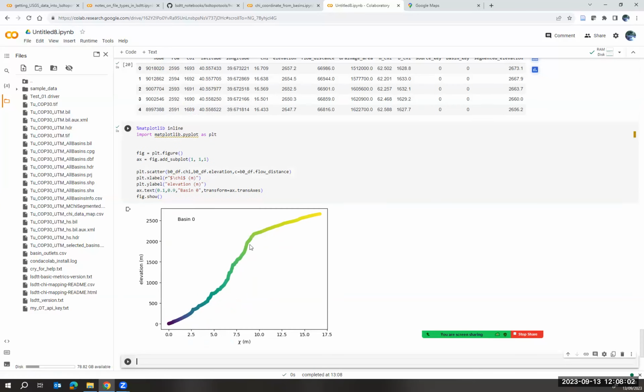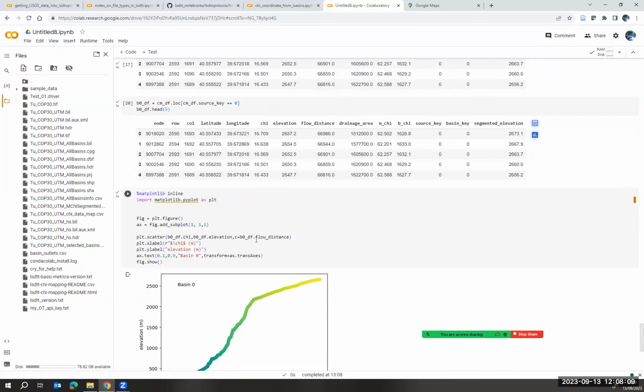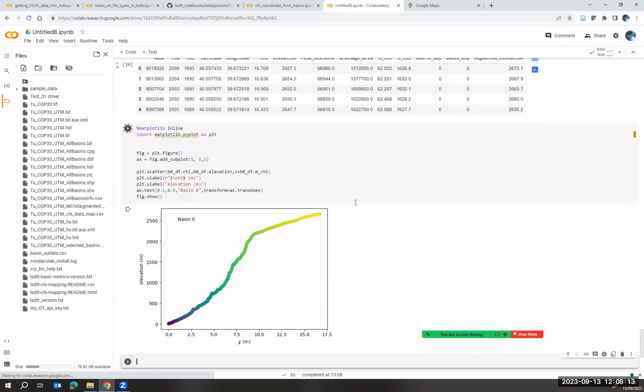Okay, so this is the chi profile in basin 0. So we can color this by mchi. So let's try and color this by mchi. So that's now colored by mchi. You could put a legend in here if you wanted to. You could isolate different source numbers just by doing the same